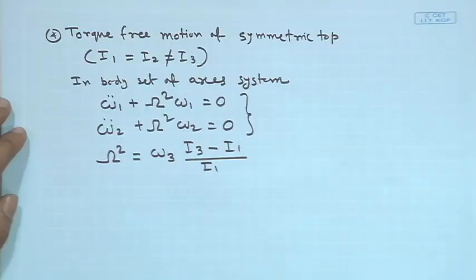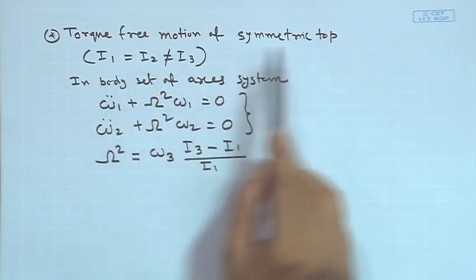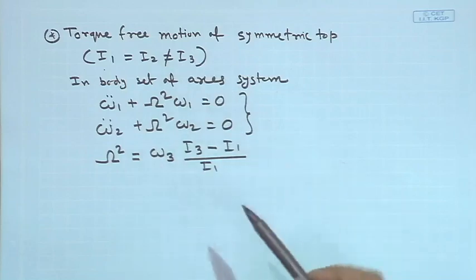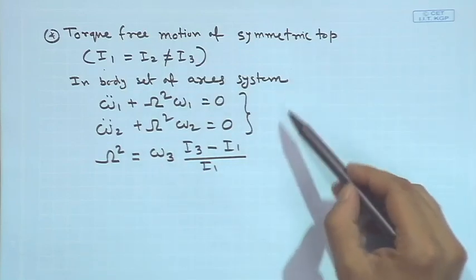Torque free motion of a symmetric top is what we were discussing in the last lecture. So, we continue on the same line. Now, if we remember torque free motion of a symmetric top, where symmetric top essentially means I1 is equal to I2, which is not equal to I3, and when we write the set of Euler equations in the body set of axes,